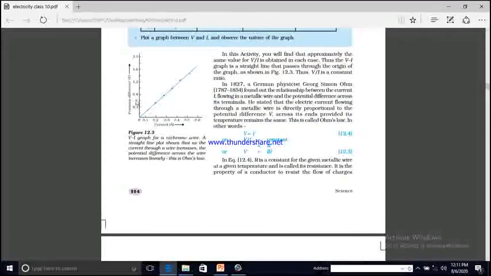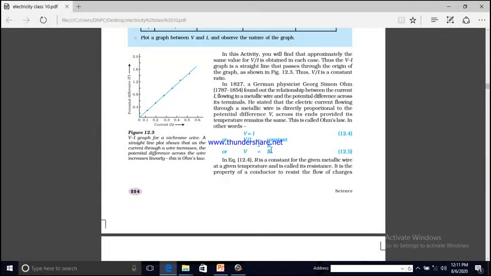Here you can see in the graph, as V is increasing, current I is also increasing. So when you take the ratio, it's almost proportional. That's why when you take the ratio between V and I, you will get a constant. That constant is known as resistance, and V is equal to I into R. Here V we keep on the same side, and I we take to the right-hand side. So potential difference V is equal to I into R.